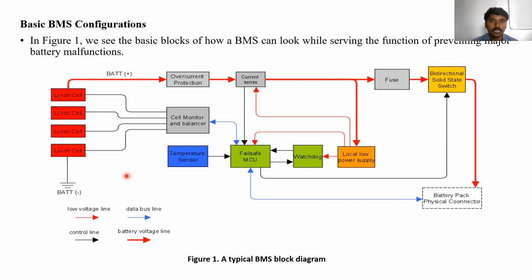At the same time, if any high current is drawn by the load, and load here means the vehicle, which component is driving the vehicle? The motor. If the motor takes heavy current, then the temperature will increase. If the motor takes heavy current during heavy load, the temperature increases, and due to this the losses are going to increase. Clear? If the losses increase, the efficiency is going to decrease.